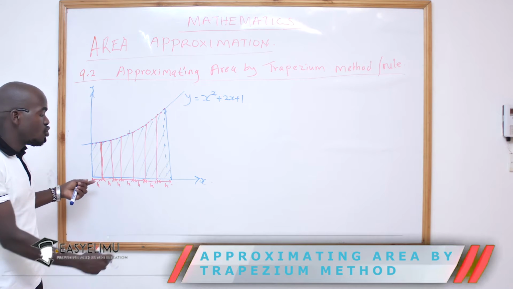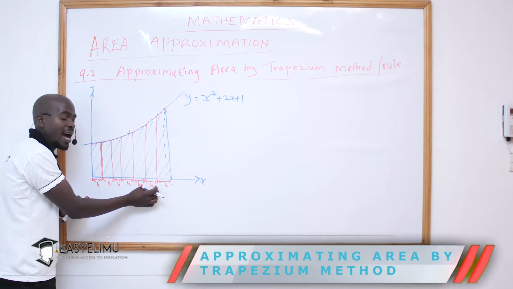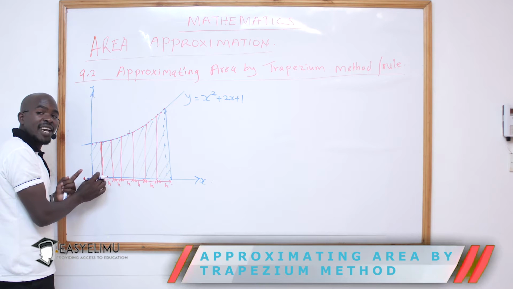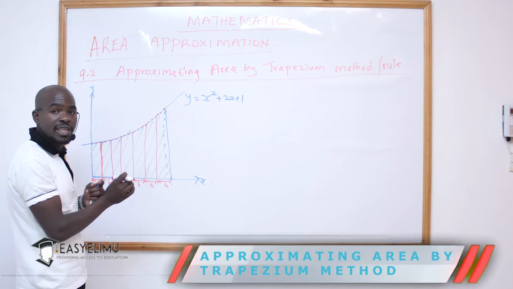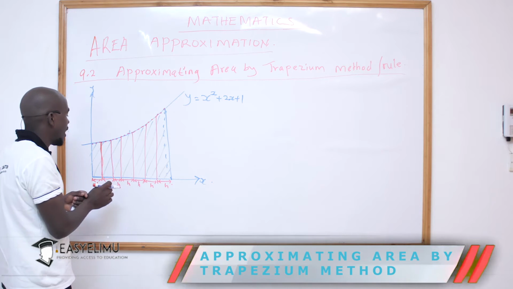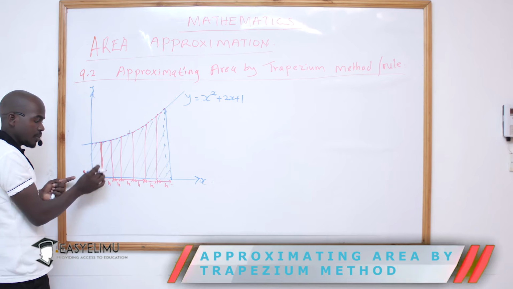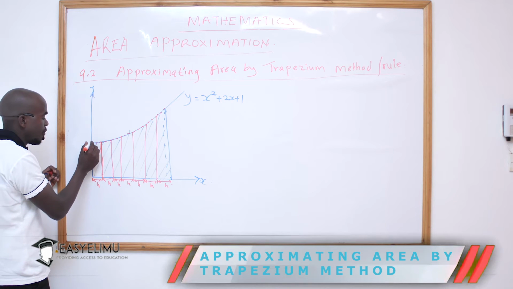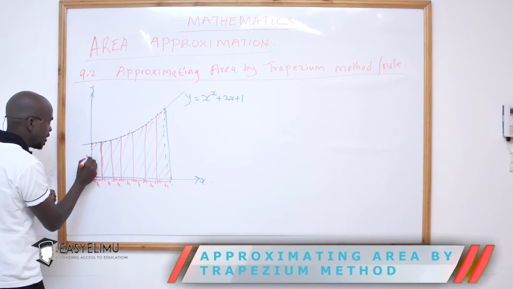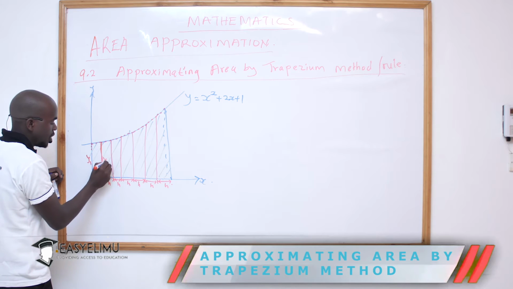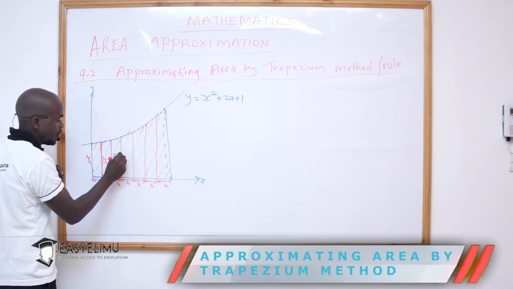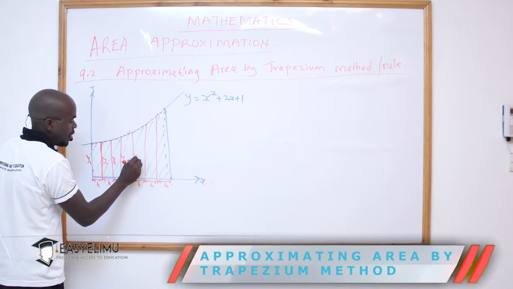The smaller you make h, or the smaller the size of the trapeziums, the more accurate the answer you will get. Thus, we can find it better by taking the area there, whereby for example, if this one is given as y1, this is y2, y3, y4, y5,